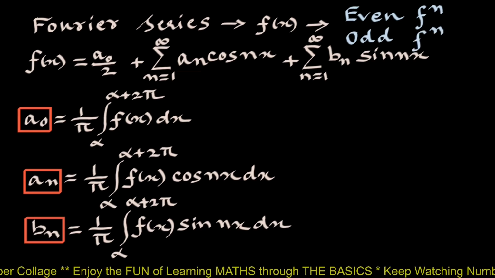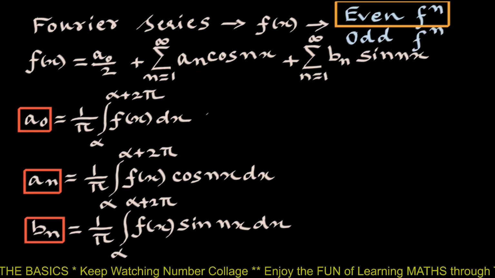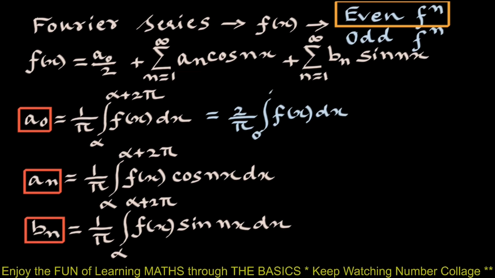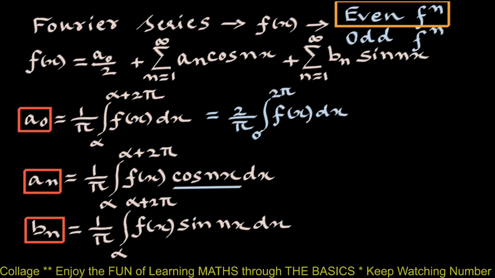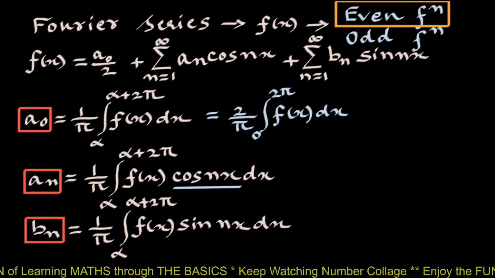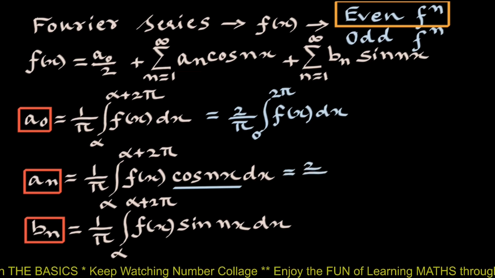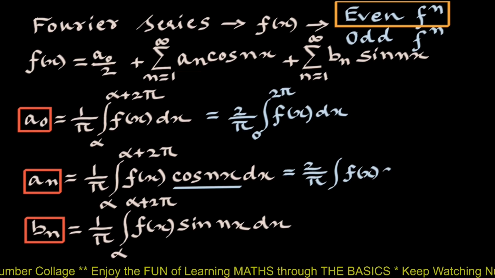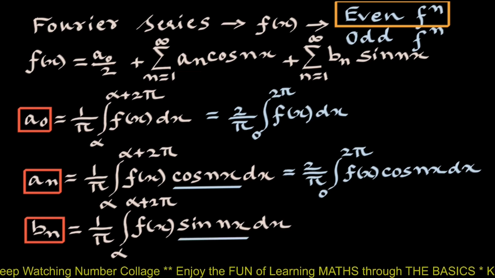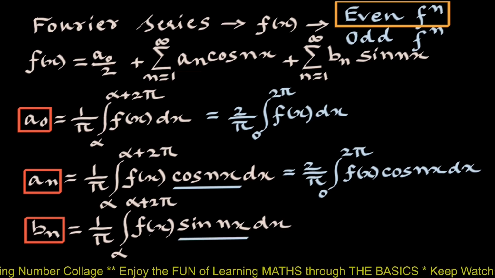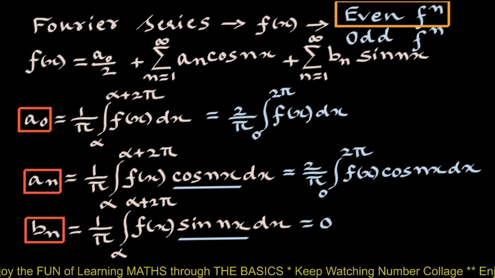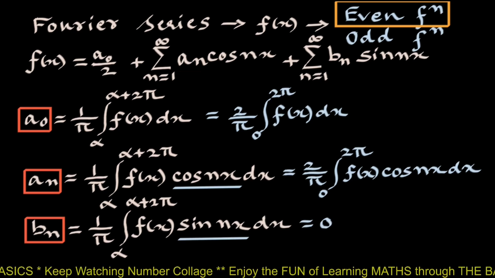When function f(x) is an even function, a0 will be 2 upon pi integral f(x) dx from 0 to pi. Cos nx being an even function, the product f(x) cos nx will also be even, and an will be 2 upon pi integral f(x) cos nx dx from 0 to pi, whereas sin nx being an odd function, the product f(x) sin nx will be odd and bn will be 0. So it is clear, if f(x) is an even function,